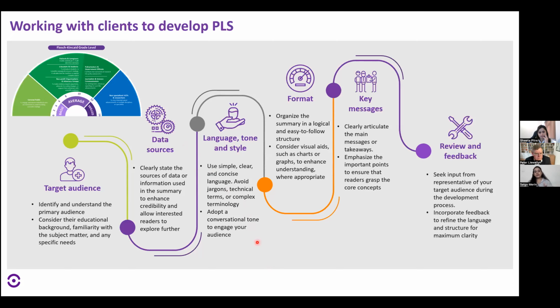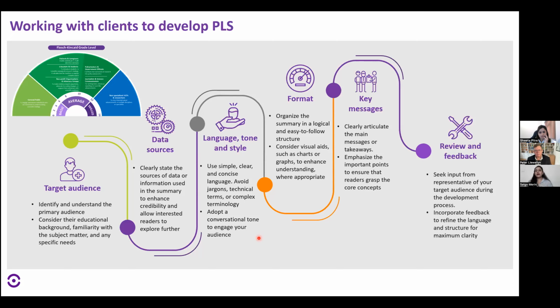Then the next thing that you have to make sure about is the language, tone and style. So what is the language that you're using? Like we said, plain. So you have to use simple, clear, and concise language, which has to be easily understood, trying to avoid jargons, trying to avoid too many abbreviations. So nowadays, when we read any kind of manuscripts, to reduce word counts we have so many abbreviations, and these should be avoided, especially while writing PLSs, because it gets very confusing for the lay audience or a non-specialist audience to capture that.